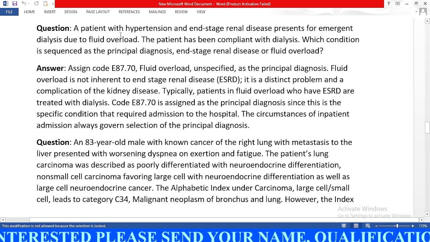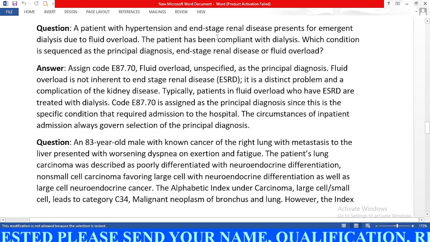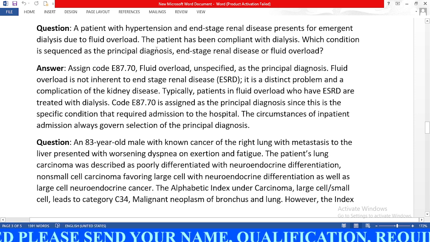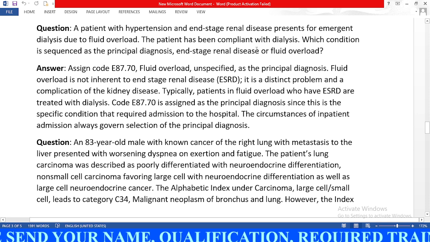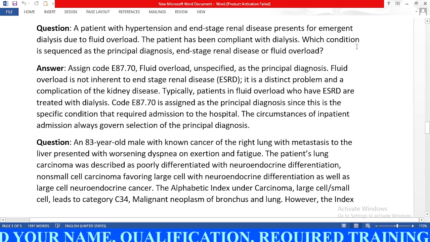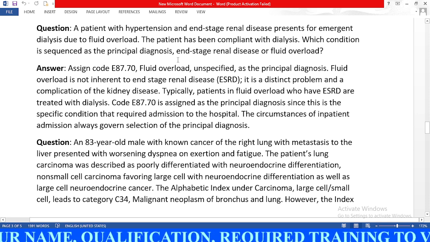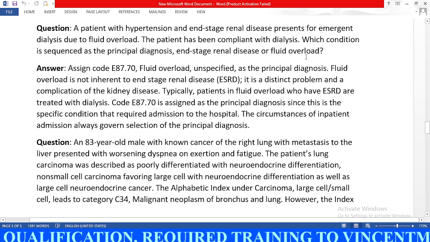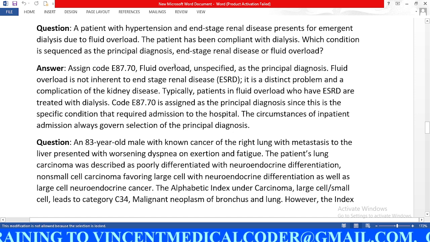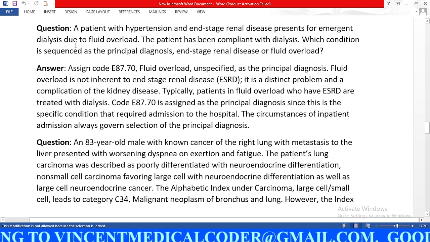Next question. A patient with hypertension and end-stage renal disease presents for emergent dialysis due to fluid overload. The patient has been compliant with dialysis. Which condition is sequenced as the principal diagnosis? End-stage renal disease or fluid overload. So here the